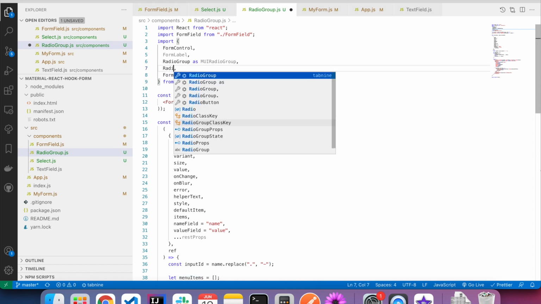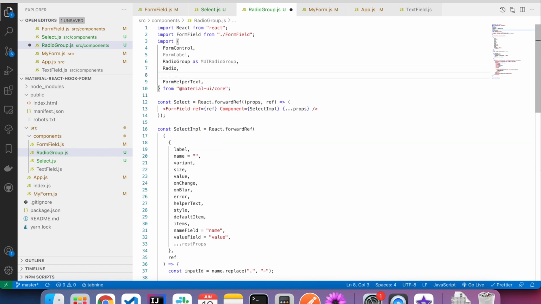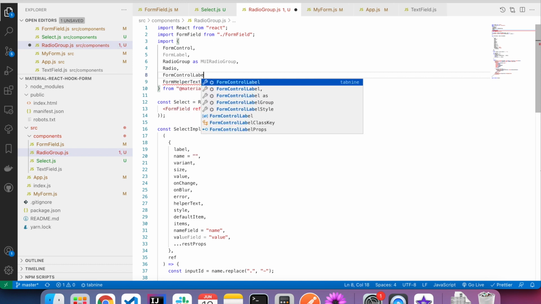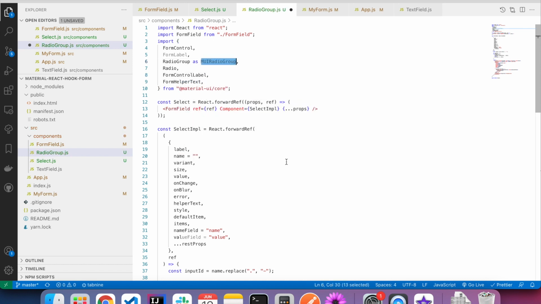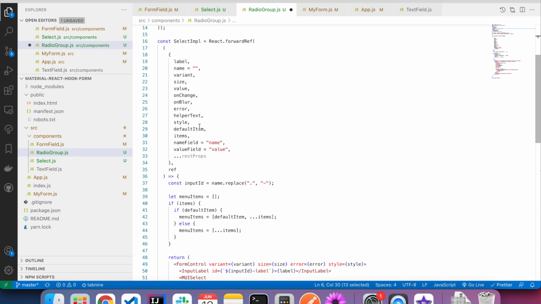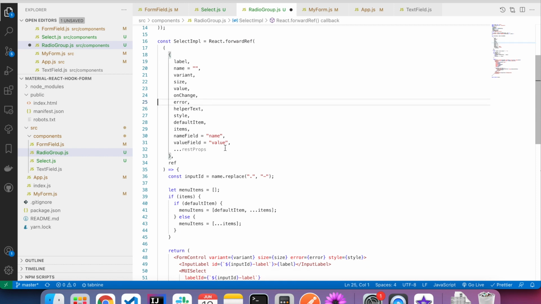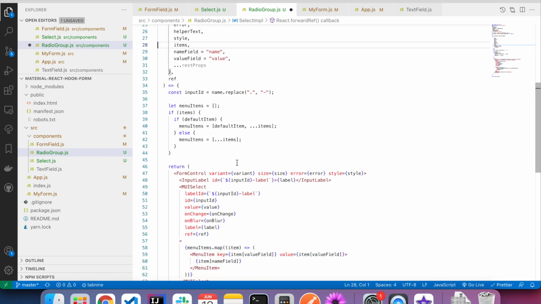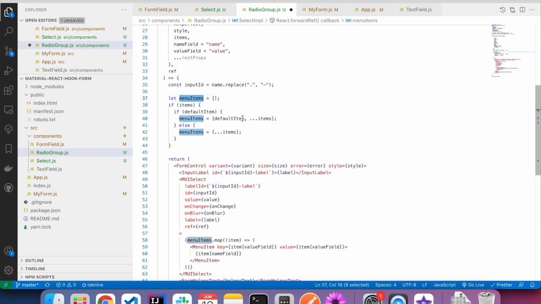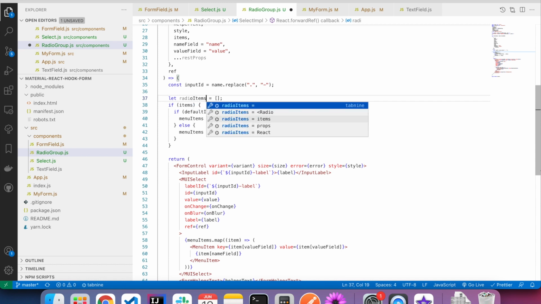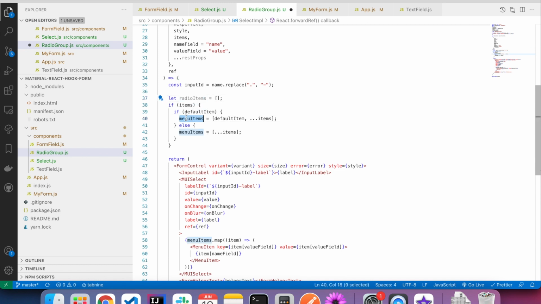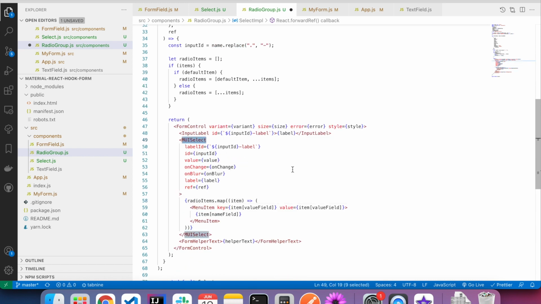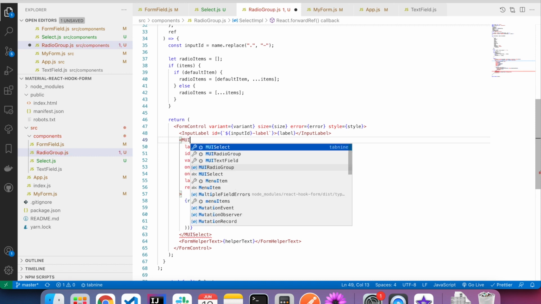Instead of menu item, I'll need radio, and I will also need form control label. I will not need on blur, will not need default item. A menu item can be renamed to radio items. Instead of MUI select, I'll change it to MUI radio group.